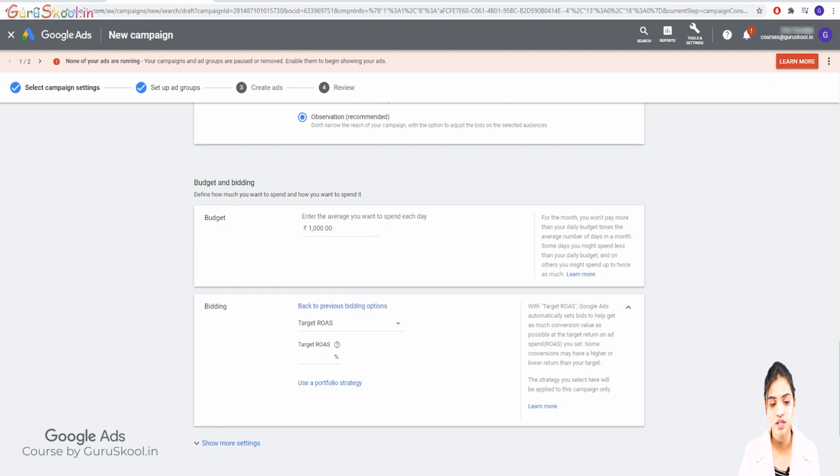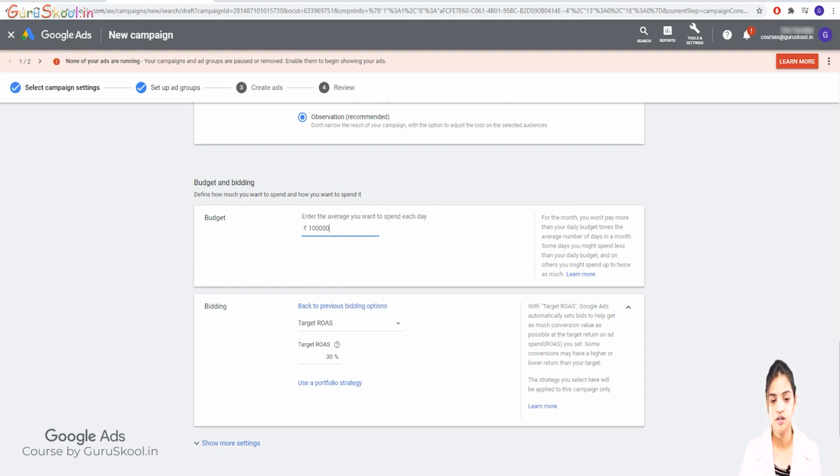Suppose my budget is 1,000 and I want my ROAS as 30%, which means if I'm spending 1,000 rupees, in return I want 1,300 rupees. Simple, not that big a calculation, but I want that back. Similarly, if I'm spending a lakh,